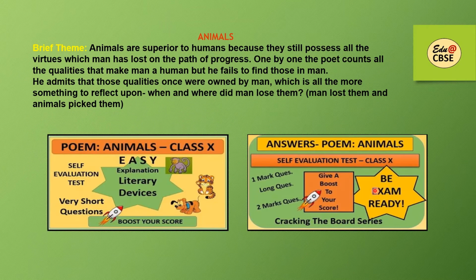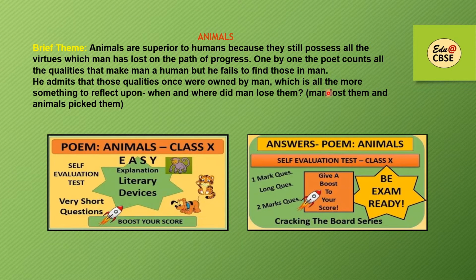Now, next question. So we have now the poem Animals, the brief theme, and quickly these are the thumbnails of the previous videos where explanation, literary devices, and important questions are already uploaded. So the brief theme of the poem Animals. Animals, they are superior to humans because they still possess all the virtues which man has lost on the path of progress. One by one, the poet counts the qualities that make man a human, but he fails to find